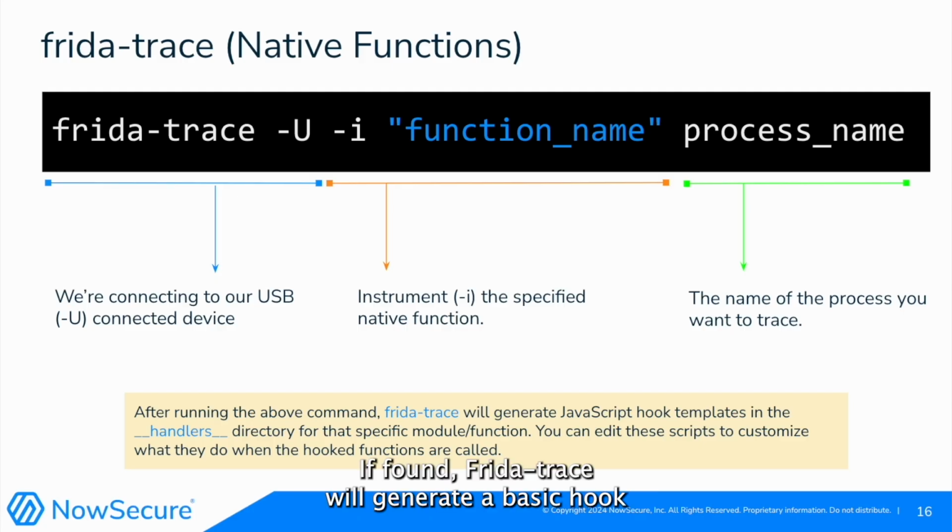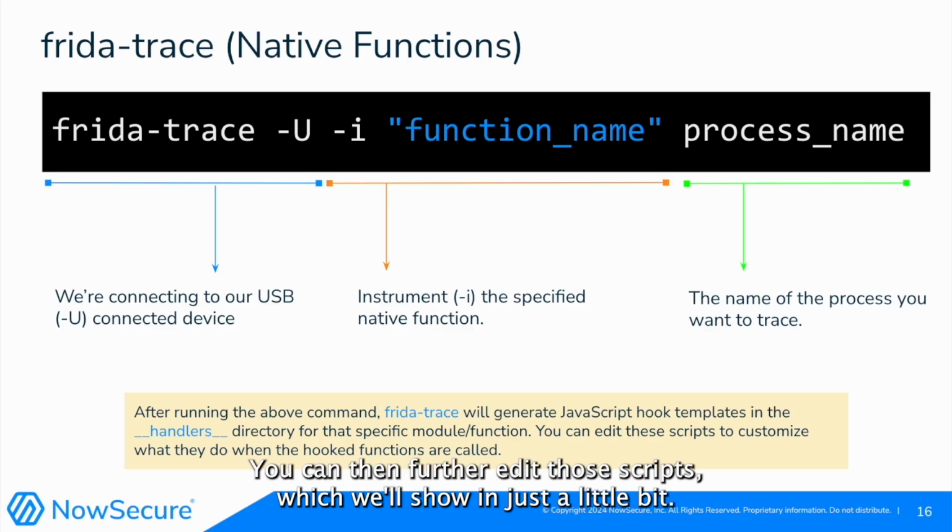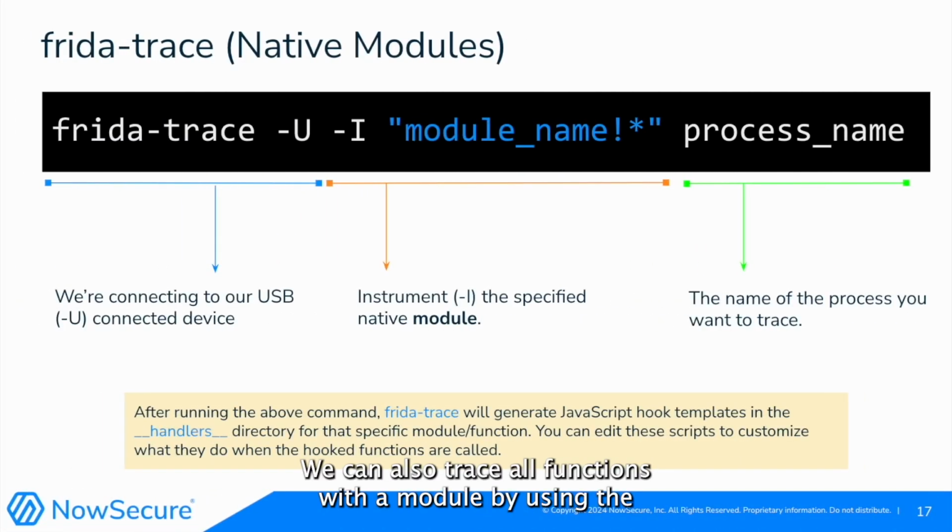If found, Frida Trace will generate a basic hook template in the handlers directory for that function. You can then further edit those scripts, which we'll show in just a little bit. We can also trace all functions with a module by using the